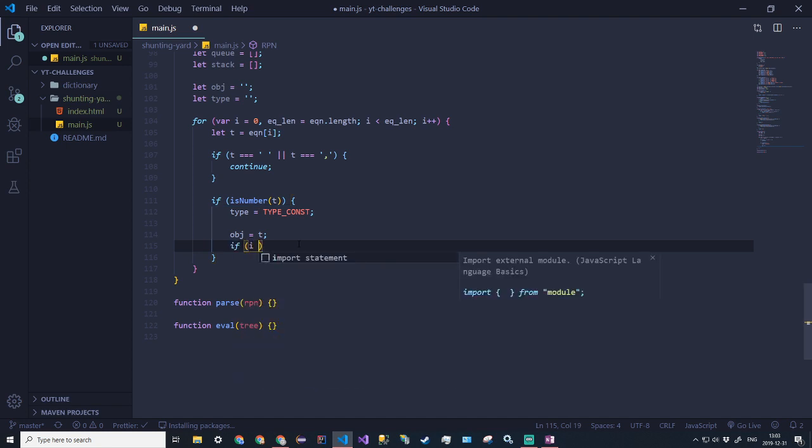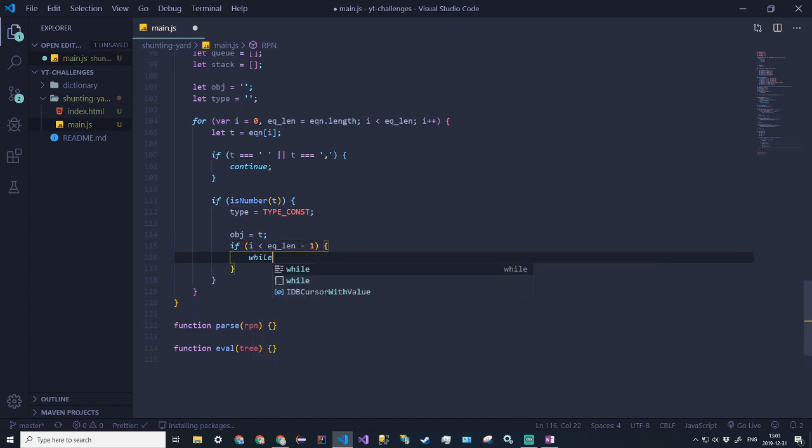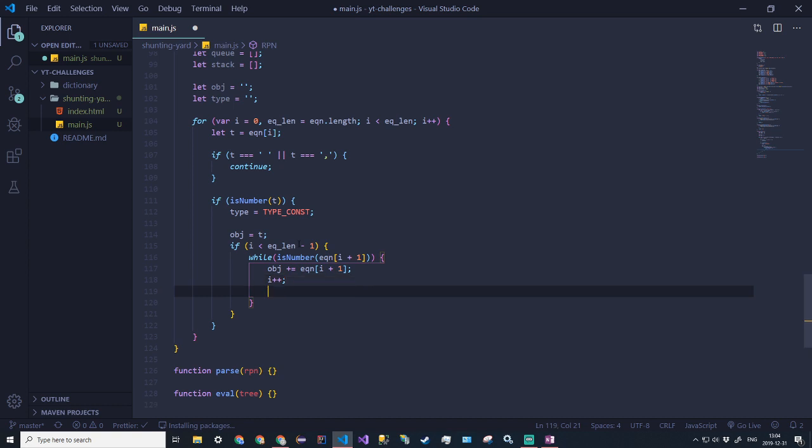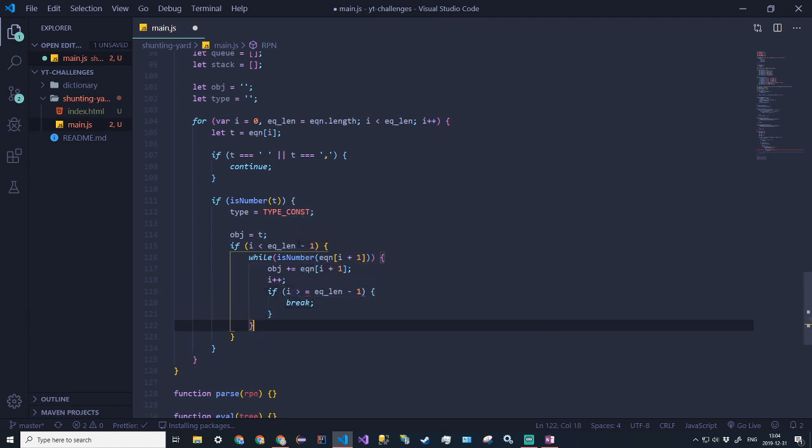So if i is less than the equation length minus 1, so if it's before the end of the string, we want to do while isNumber eqn at i plus 1, and we'll do object plus equals eqn at i plus 1 and i plus plus, and if i is greater than or equal to eqLen minus 1, break. You could honestly probably